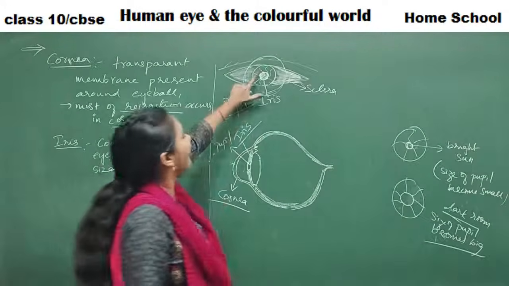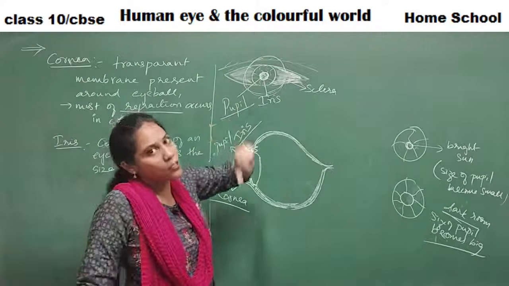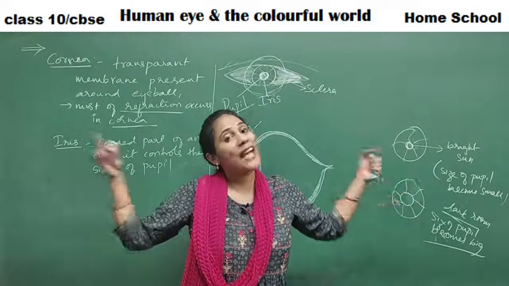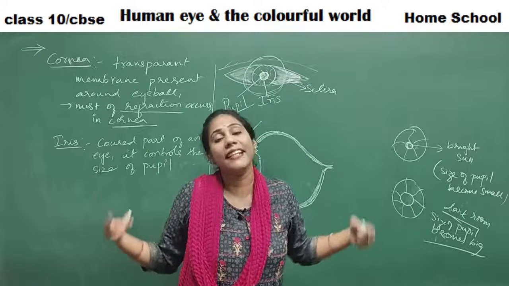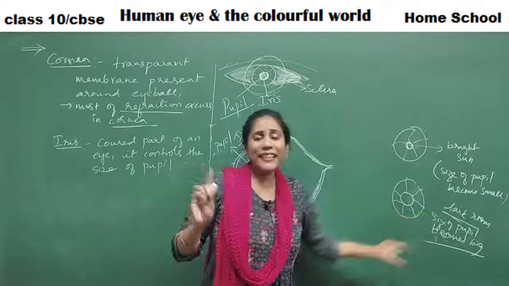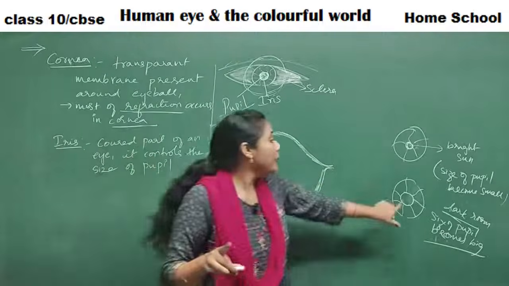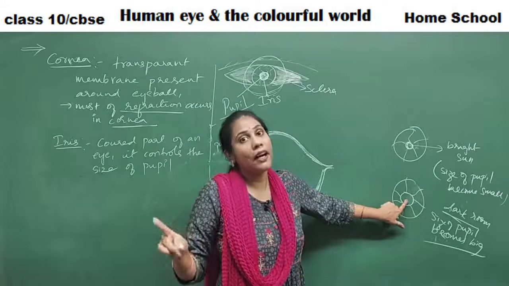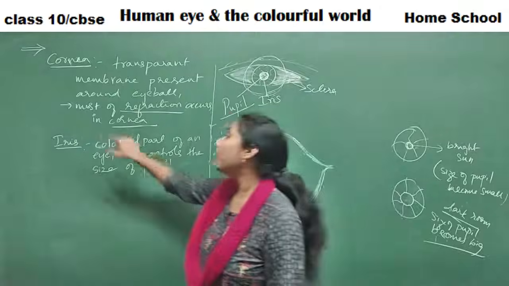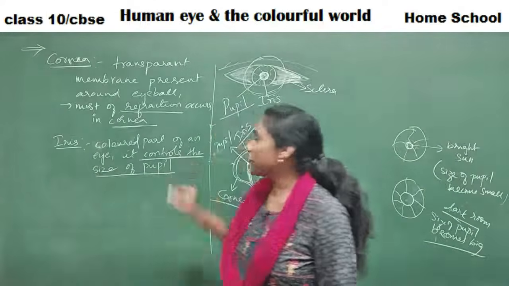So who is actually making the size of the pupil small and big? The iris is actually helping the pupil's size to become big or small depending on the amount of sunlight. When there is lots of sunlight, and if that sunlight going into your eye would damage it, then the iris will make the pupil smaller. When there is very little sunlight, when you cannot see something, you make your eyes big. At that point, your pupil becomes a little bigger, and the iris is making it bigger. That is why I told you the iris is the colored part and it also controls the size of the pupil.